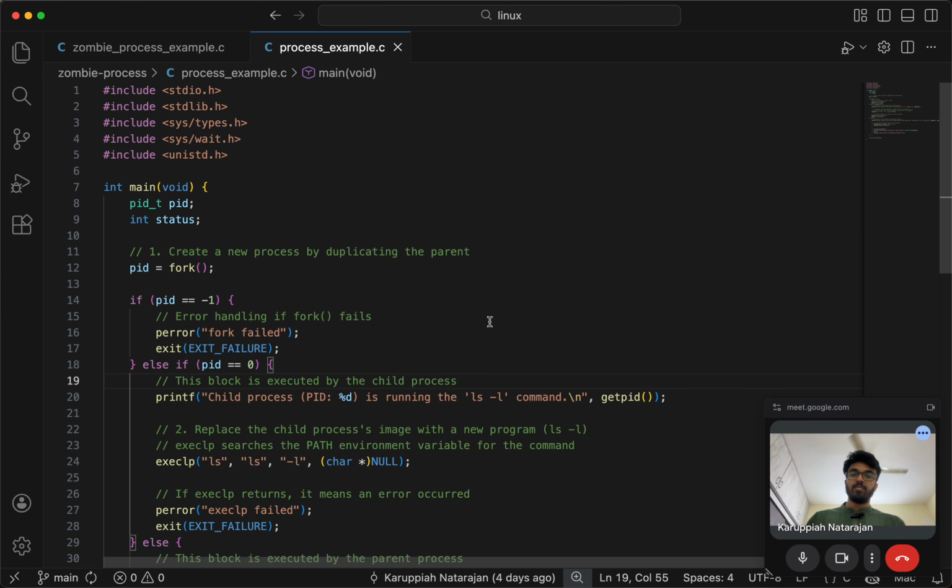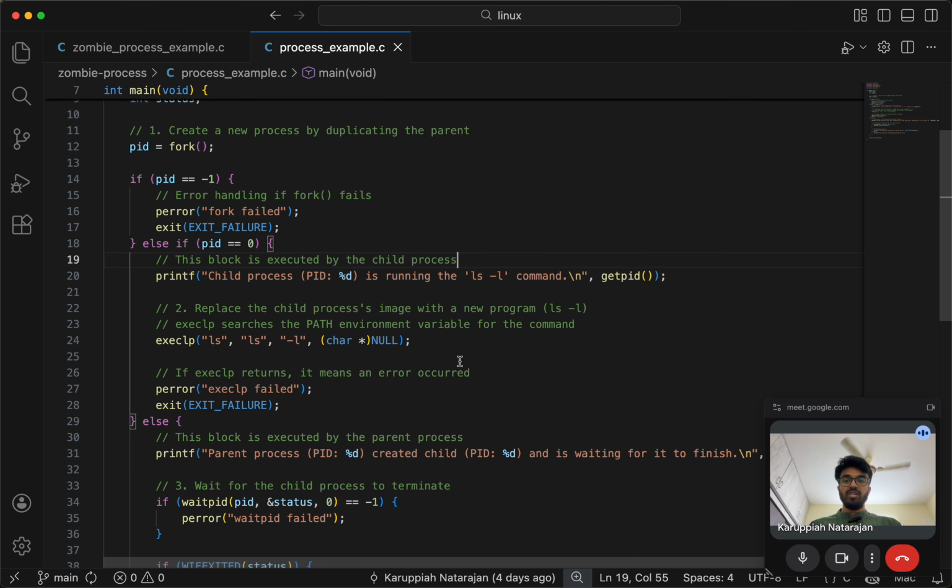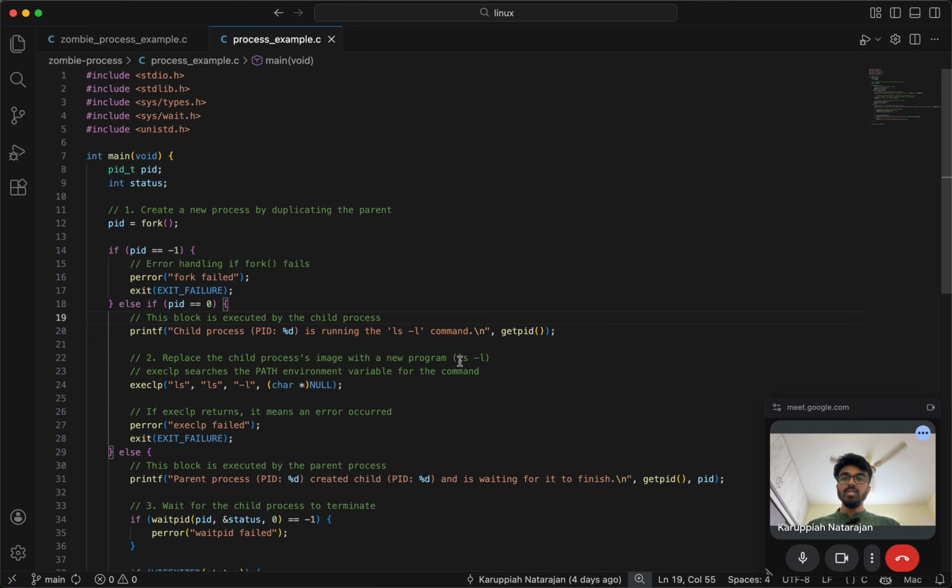Okay, so now what we do here is I'm going to show you that if the fork fails, the PID is -1 and it says fork failed. And you can see that once the fork is done, we replace the program to run. Initially, the child process will have this program as the program to run, and what you do is you replace the child process's image with a new program, and that's what you do here by doing exec